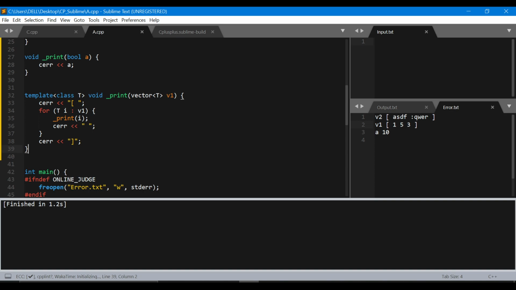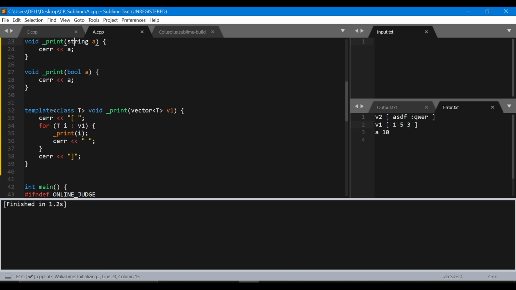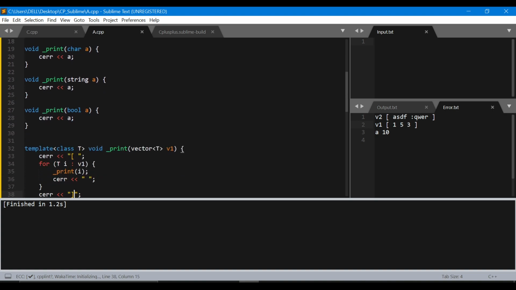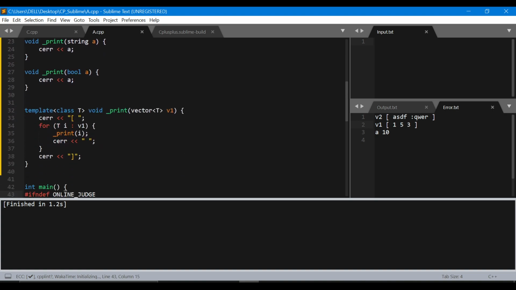Like any type, I mean long, boolean, character, or string, or a simple integer as well. And it will debug your vector in a very nice fashion here. Right? And you're getting these outputs. Remember, you're getting these outputs inside your array.txt file. You won't be getting these outputs whenever you submit your code online. Right? So this way you can debug your vector.